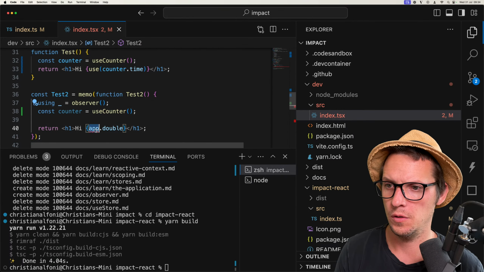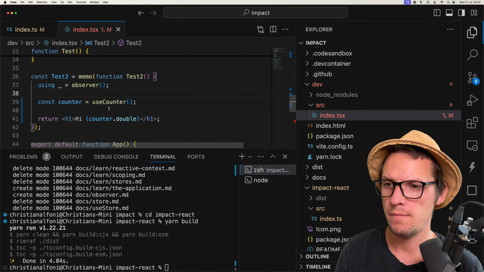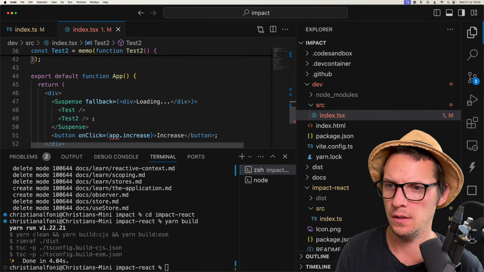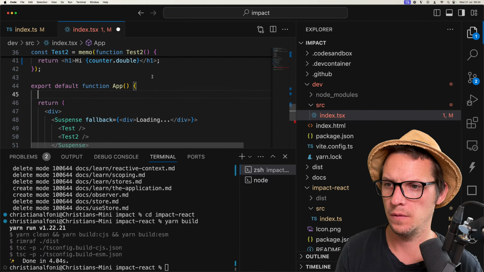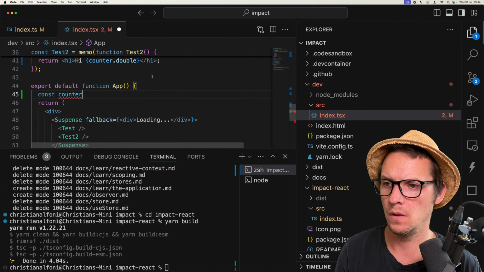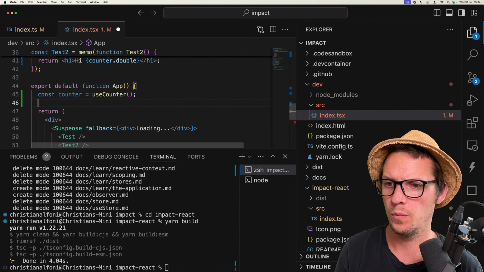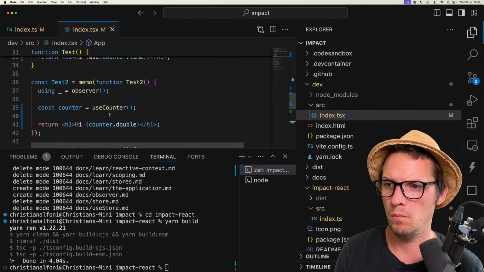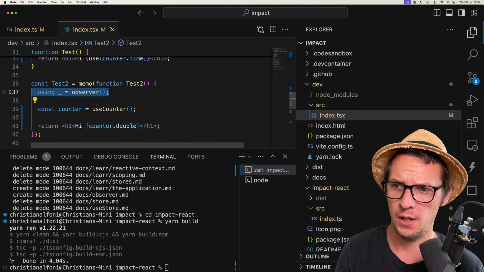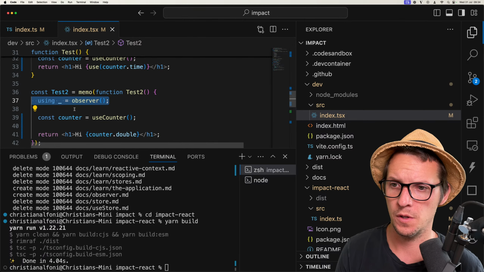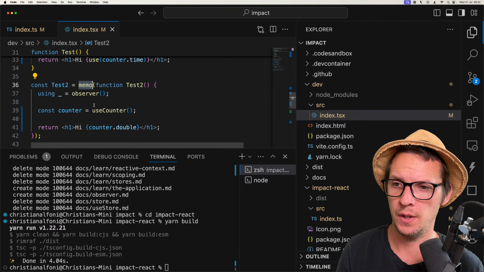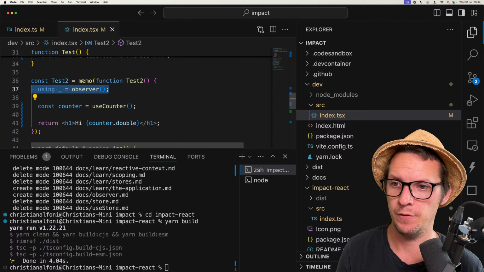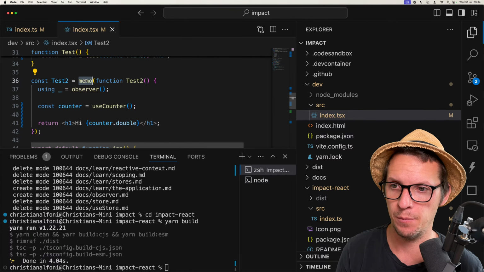So you could use observer instead. But I personally prefer this because here we have memo, and you don't have to have two of these, observer and memo.